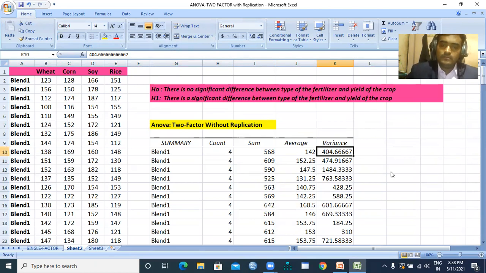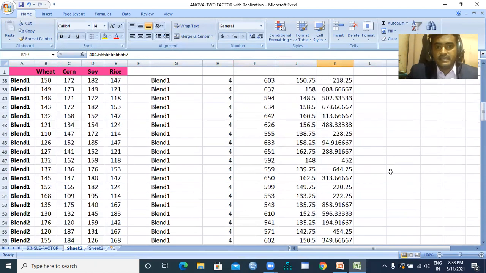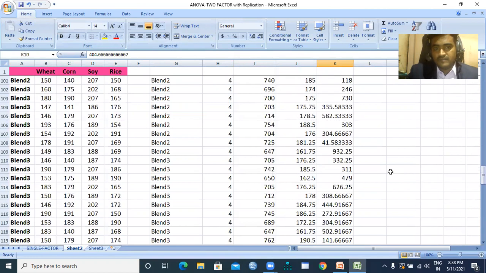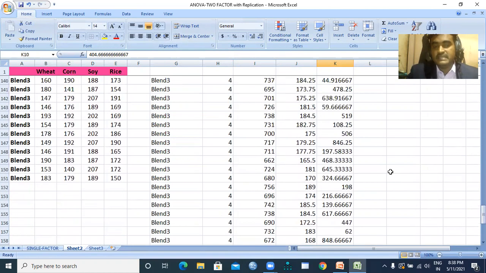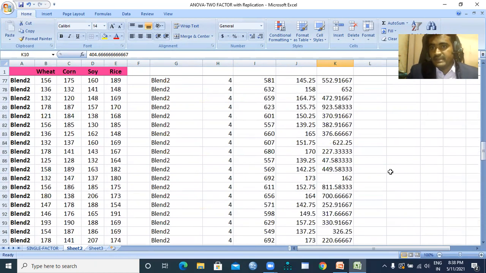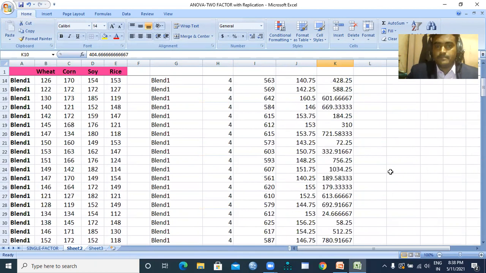And what more can we interpret from this particular data? Suppose you can see here, there were 150 observations, and each individual record with its related average, sum value and variance has been given.